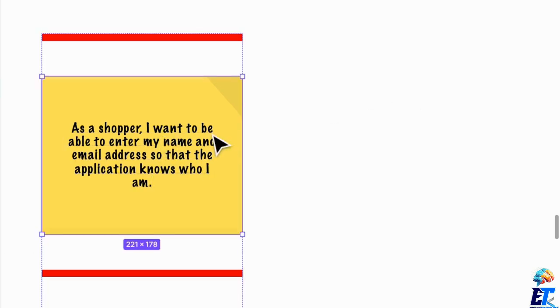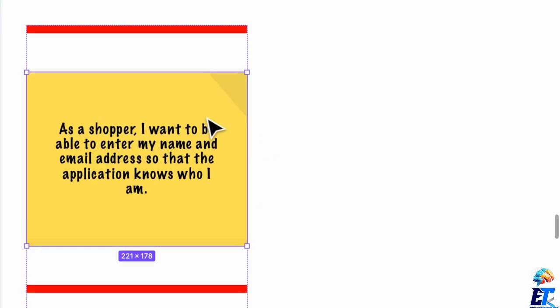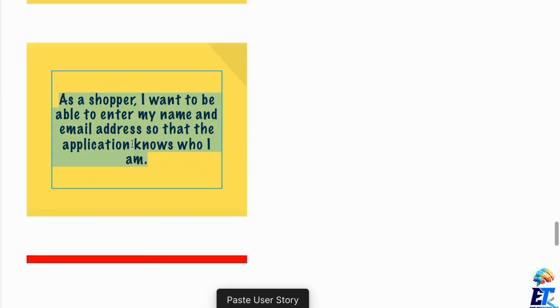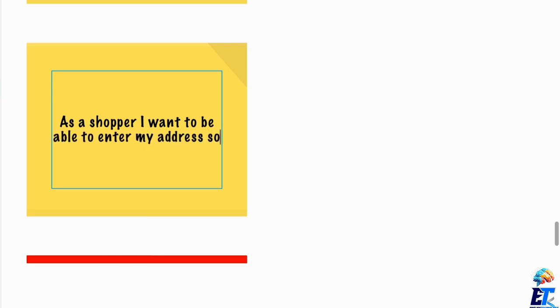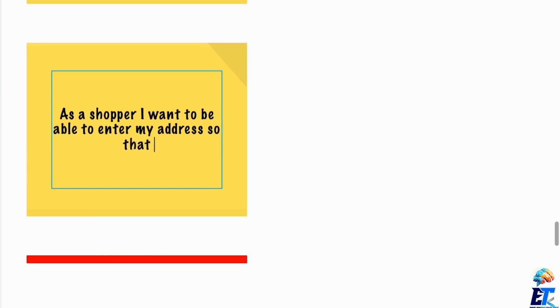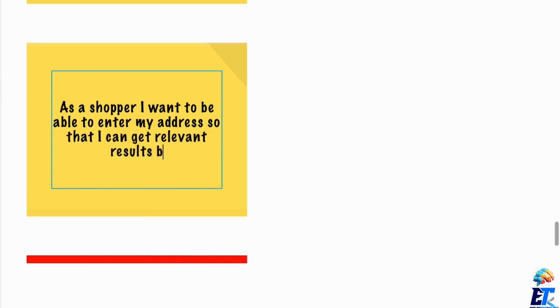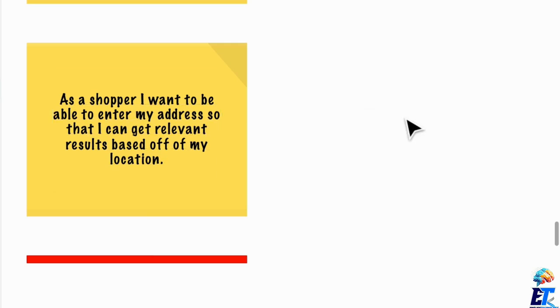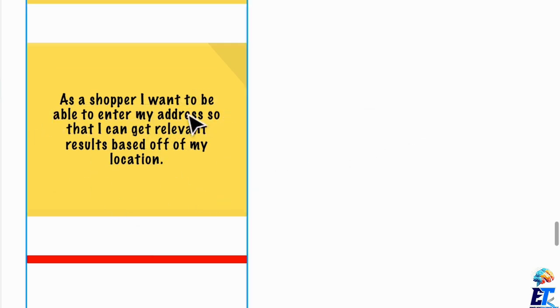It gives us a good insight into the type of features that we need to build for this application, but also the reasoning behind those features. Another one could be, as a shopper, I want to be able to enter my address so that I can get relevant results based off of my location. I'm not sure if this is actually going to be possible, but it's another way to think about features